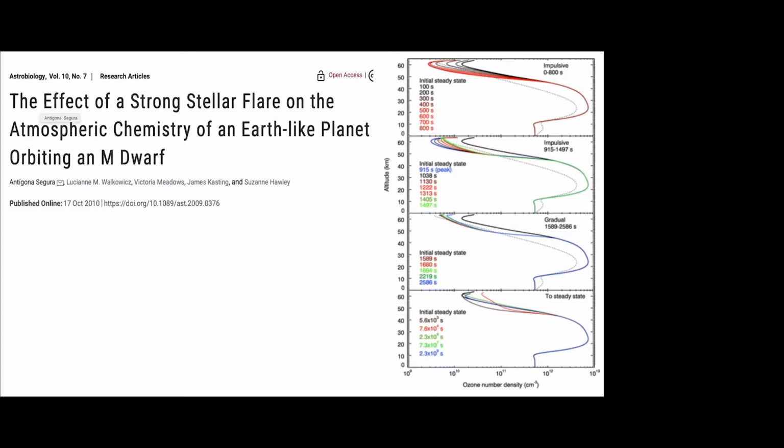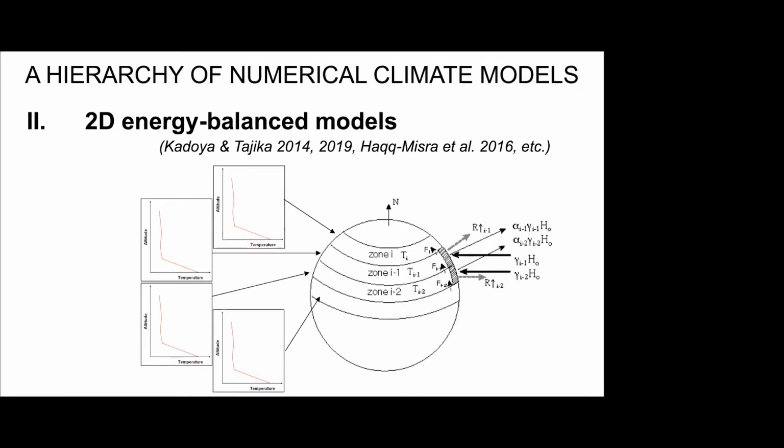Then, if you want to go a bit more sophisticated, we go to one more dimension, to what I call the two-dimensional energy balance models. The idea behind this model is that you have some layers that you can decompose either along latitudes or longitudes, and at each of these layers on your planet, you compute locally the 1D radiative-convective climate calculation, and you connect these layers with each other using things like simple heat diffusion-like equations. But if you really want to be able to solve self-consistently the hydrodynamic equations on your planet, you need to go to 3D.